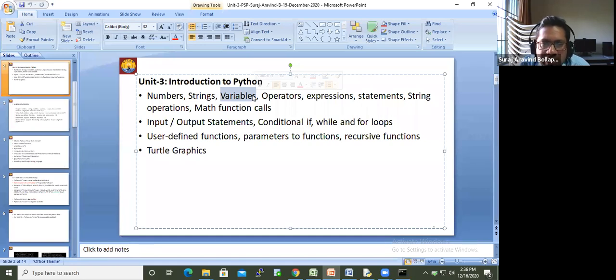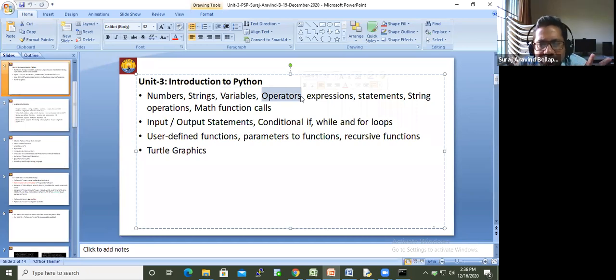Because of that, it is called a variable. Variable is something which can vary as part of our program. So to make that value change, we need some operation to be performed. That operation can be done with the help of operators.